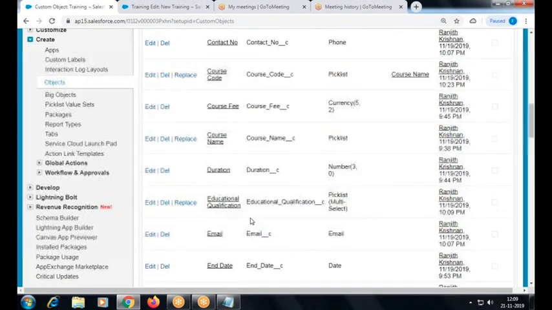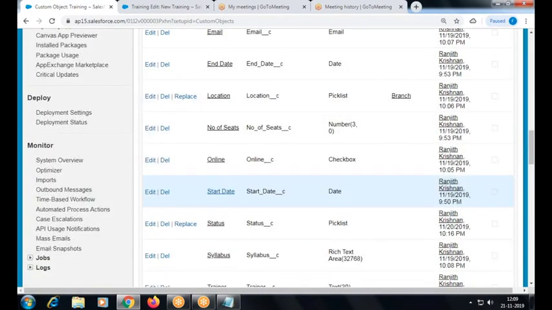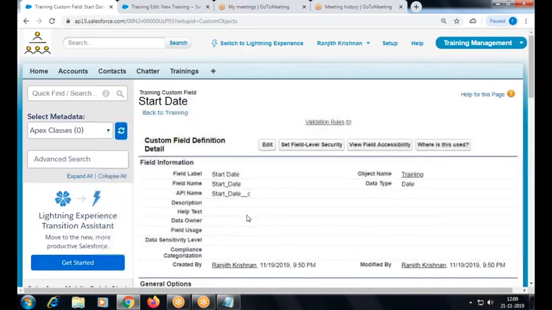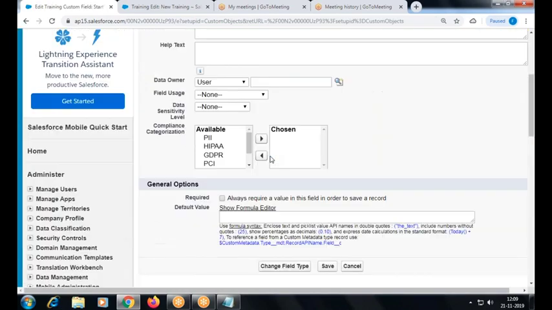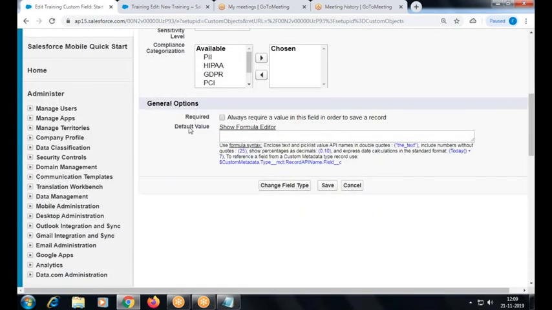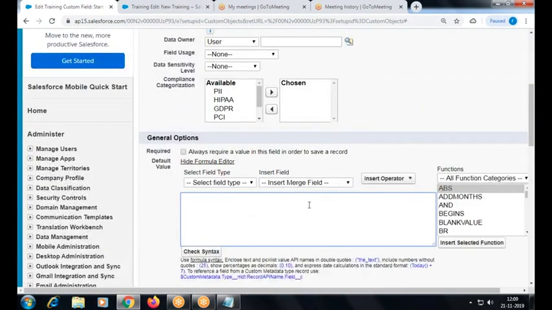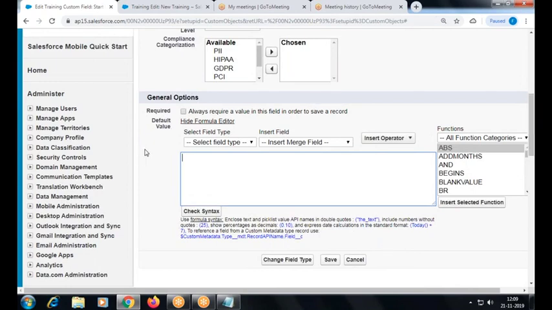What field are you talking about? Start date. Go here. Edit. The default value can be set as a formula. Okay, so there is an editor. It means they provided some tool. You can choose a formula from there. It opens a tool here, and you can choose here